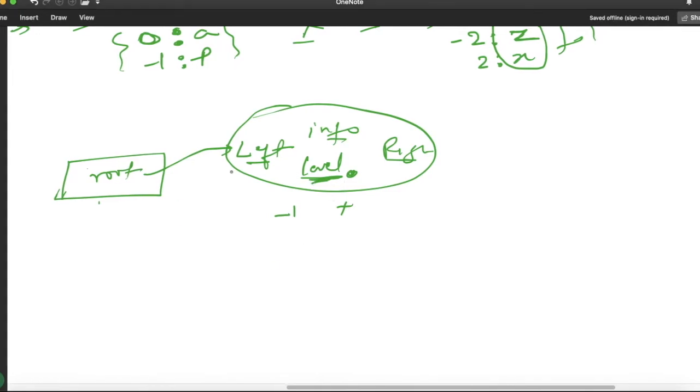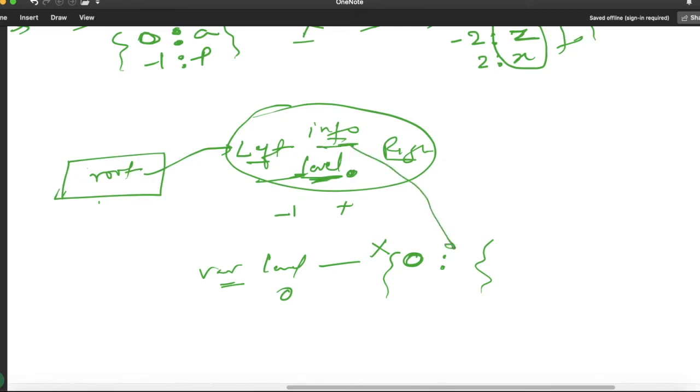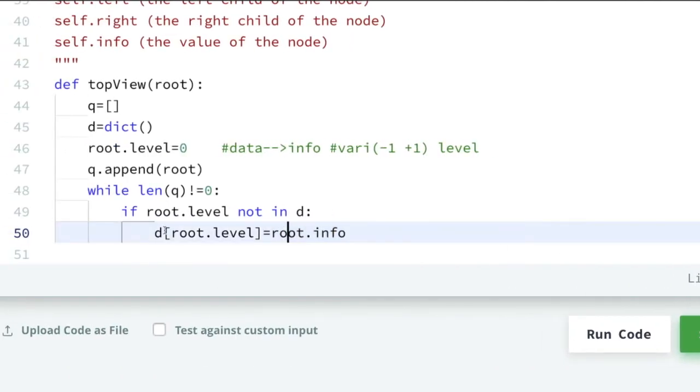Means if this level value, this variable, is not present in my dictionary, then what we are doing, initially it is 0, so 0 will be treated as a key in my dictionary and its value will be the info part. So this is what I have written over here.